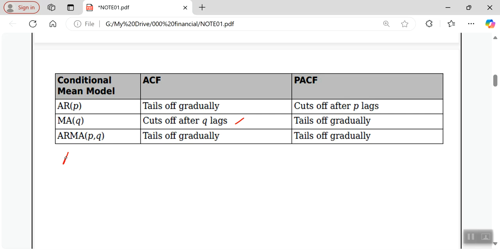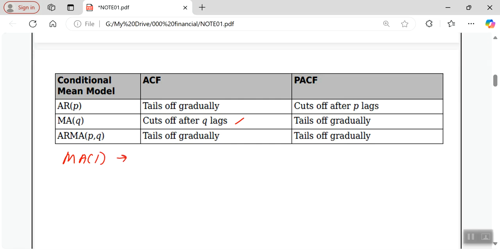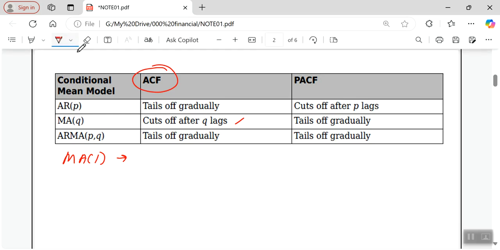So if you have an MA1, you expect to see one significant spike at lag 1. So if you're using the ACF, the autocorrelation function, to identify AR models,